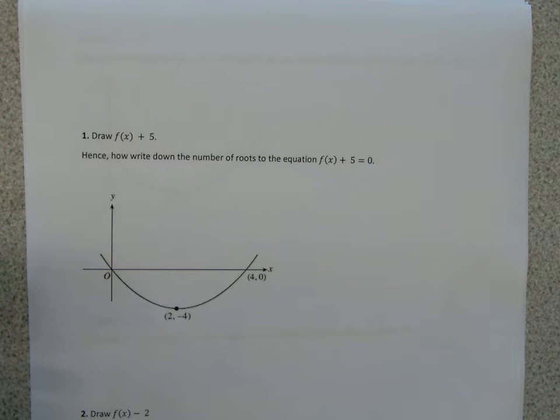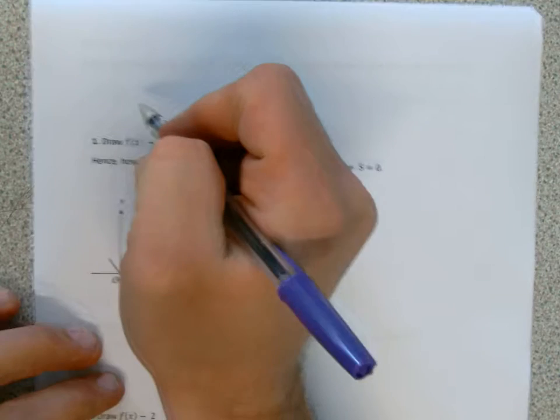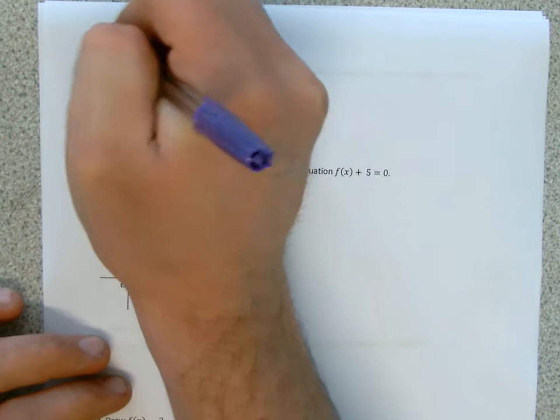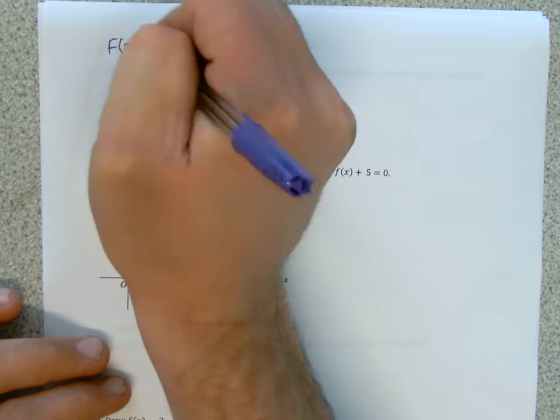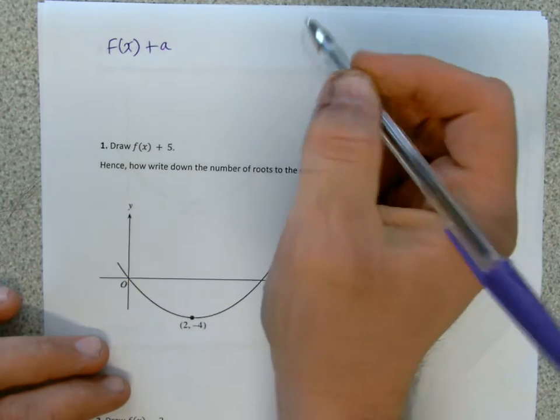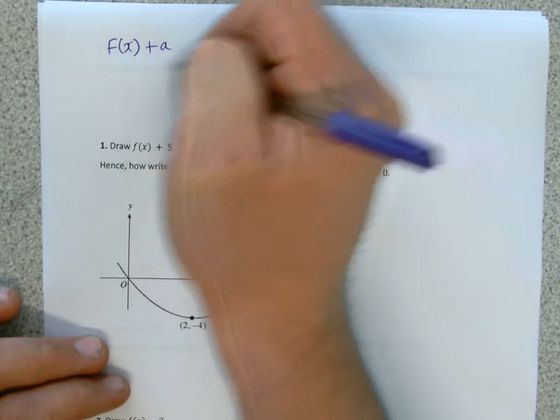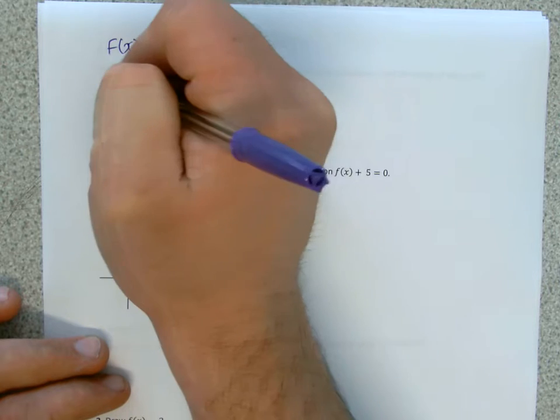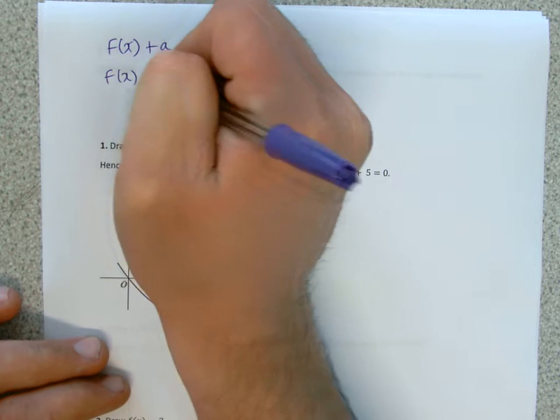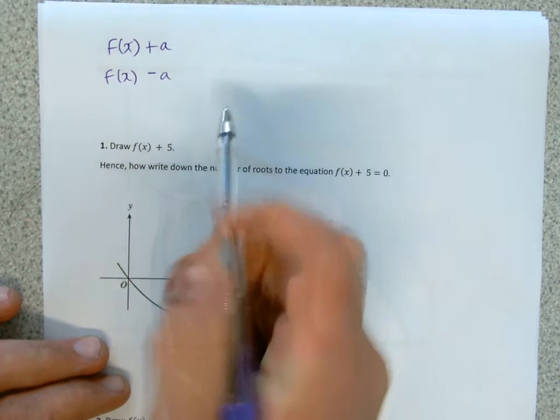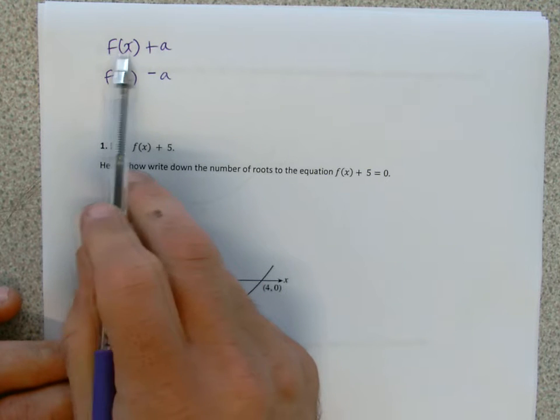With graph transformations, there are a number of different types. The first ones we're going to consider in this homework are where you have f of x plus a, and f of x minus a. In both cases, we need to respect the fact that